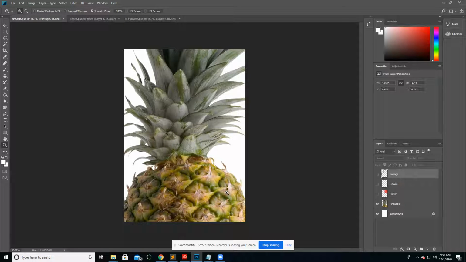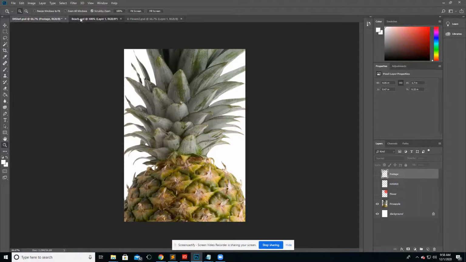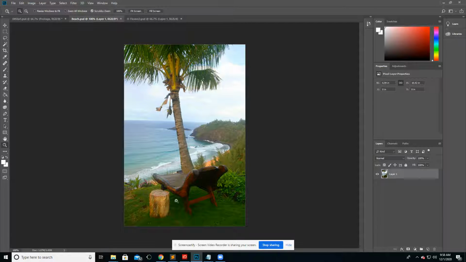The first thing we're going to mess with here is layers. So you'll notice on the right side over here, we have multiple layers with stuff already in them, but these eyeballs here are what's used to hide what's in those layers. Okay, so we have like a flower here, the word Hawaii, a postage stamp, a pineapple, and then also up here, I have 2 other images that we're going to use as well. And it's just kind of showing you guys how you can take different images, take different things, and put them all into one. So the first thing we're going to do is take this picture of a beach here,